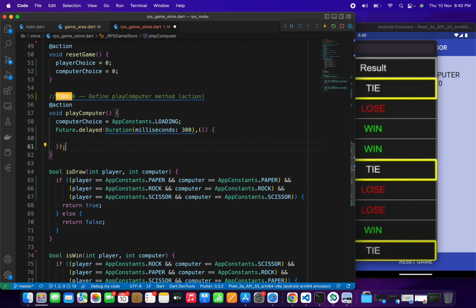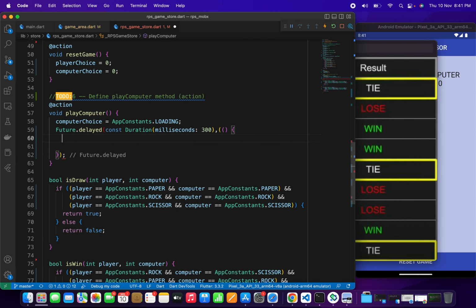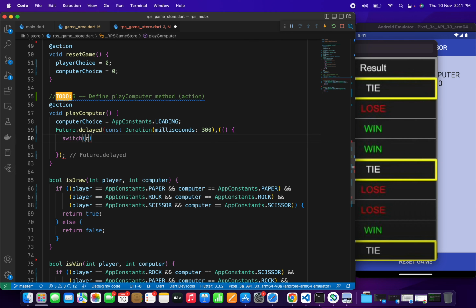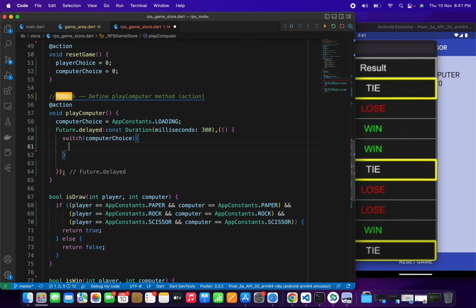So let me wait for 300 milliseconds. So now let me frame the computer choice image first. Switch computer choice. Okay, first let's say